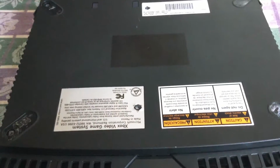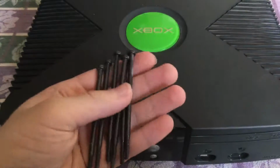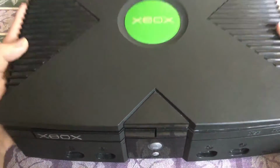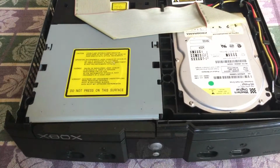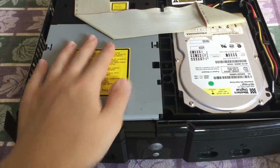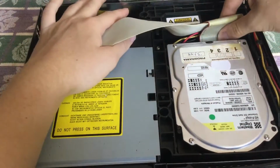So now, for this part, you will need a torque 20 screwdriver. Once you have all 6 screws taken out, just put them off into a safe place, and then just turn over your Xbox and remove the top part, and you can put that to the side. And then next, you'll have the top part of the insides. Right here is your disk drive, right here is your hard drive. So what you want to do is disconnect this cable